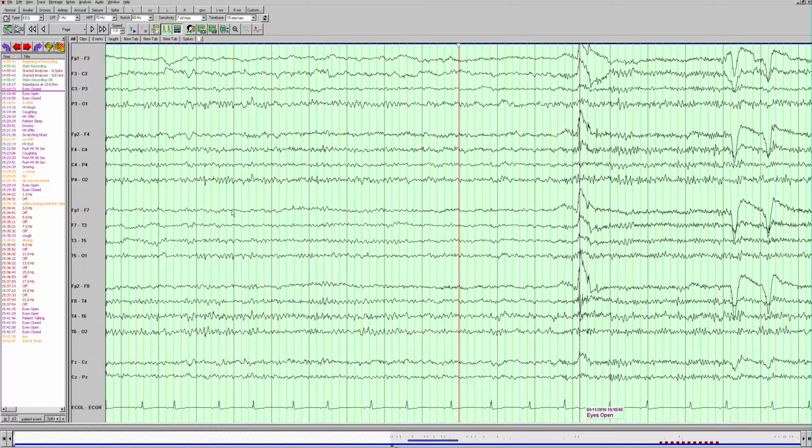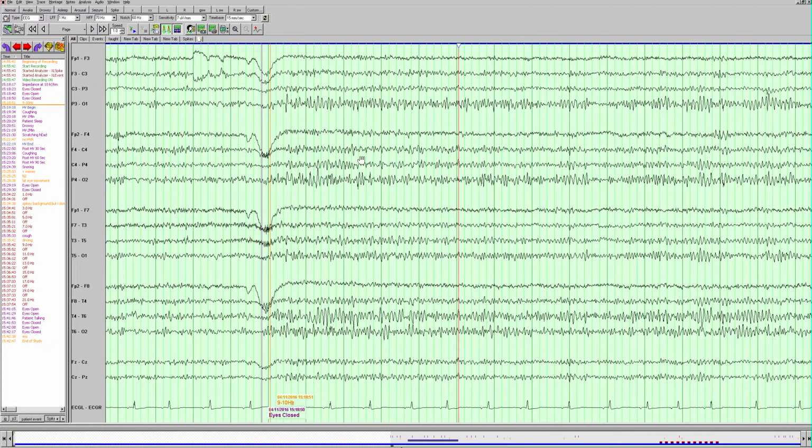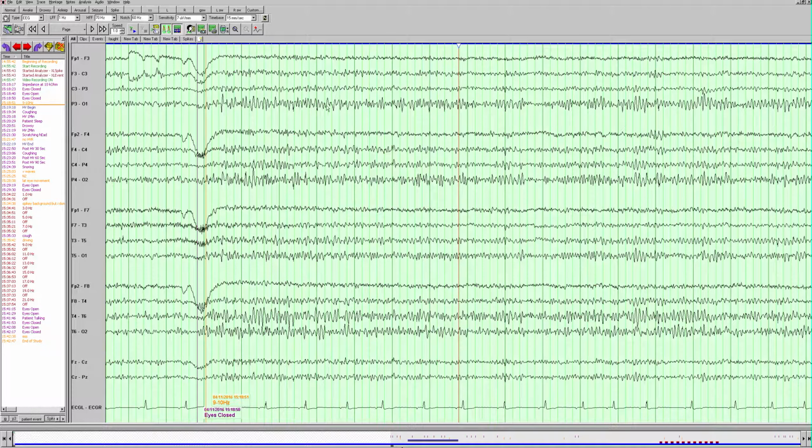All right, now this EEG I wanted to show because I wanted to emphasize that there is a wide variety of normal backgrounds. Not everyone's background looks really well formed and really pretty, and so it's good to be able to identify what's normal and what's abnormal. Now here we have the posterior dominant rhythm, the patient's eyes closed, and we can see